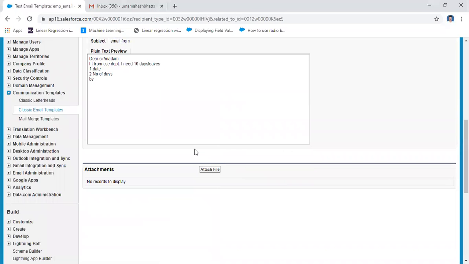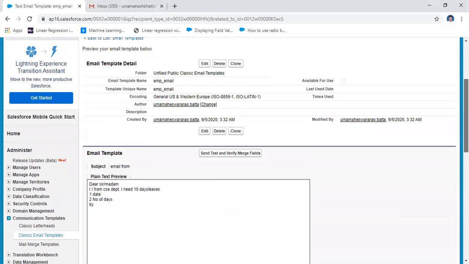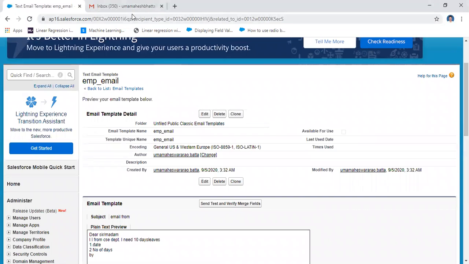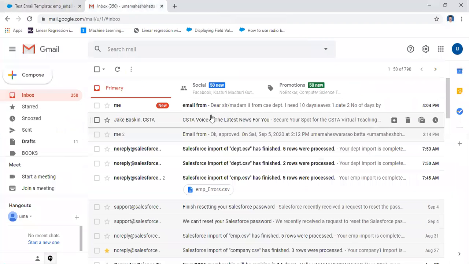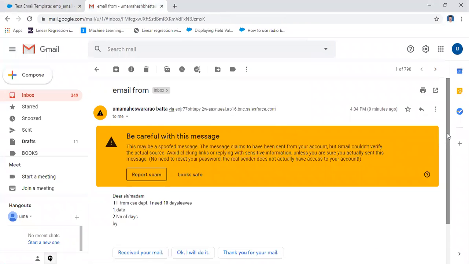Here you attach some file, and then you send the request, and verify whether the request reached or not. Here you got an email from this information. Be careful with this message. Here I got one message: dear Sarah madam, I am from CSC department, I need 10 days leave. This particular mail comes here.